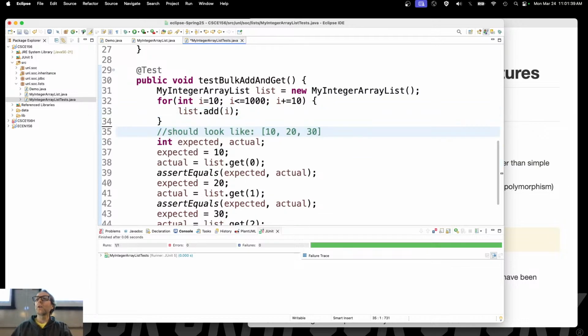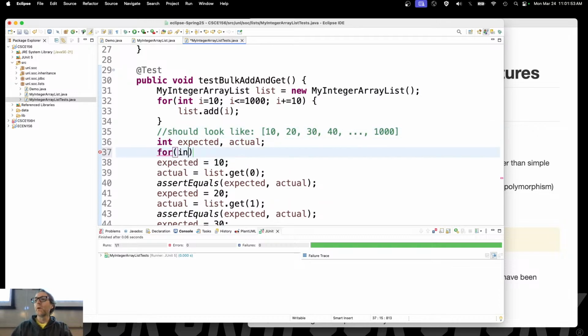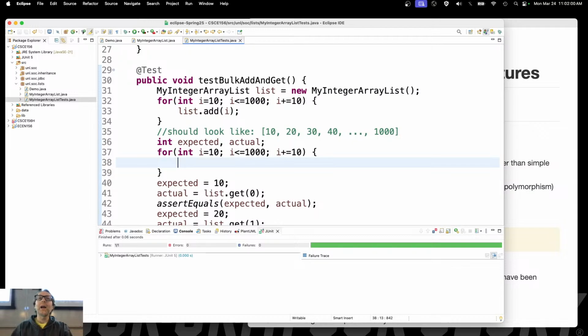What should it look like at that point? 10, 20, 30, 40, dot dot dot. What should be the last element in there? 1,000. It should look like that. So let's go ahead and create actual and expected, and let's go into another for loop. I'm going to go ahead and copy that because it's exactly the same thing. And we should expect that the ith element, actually no,